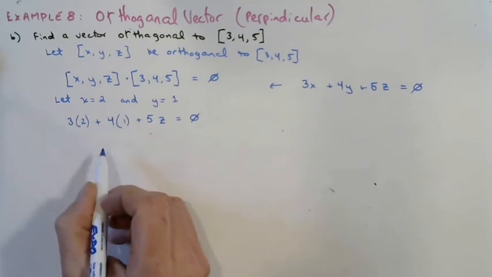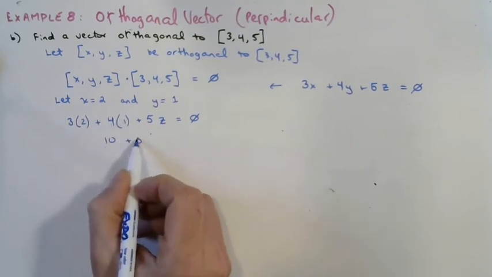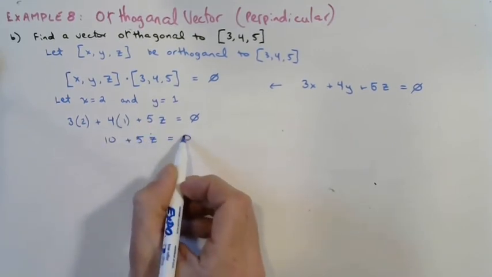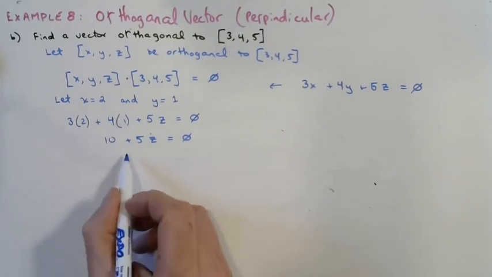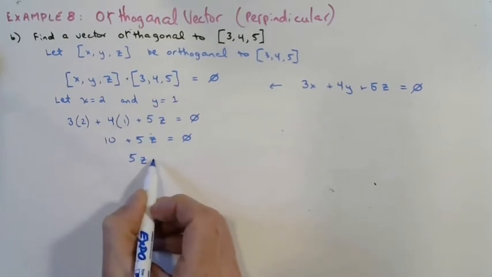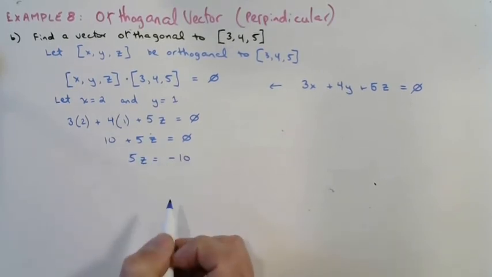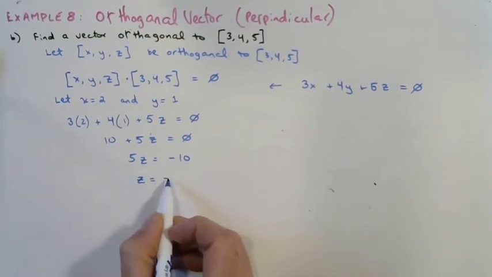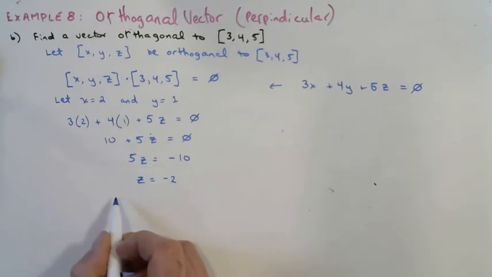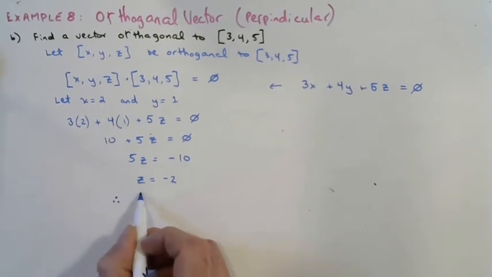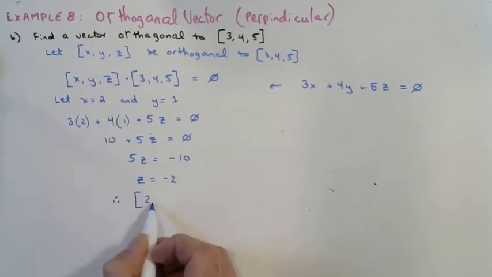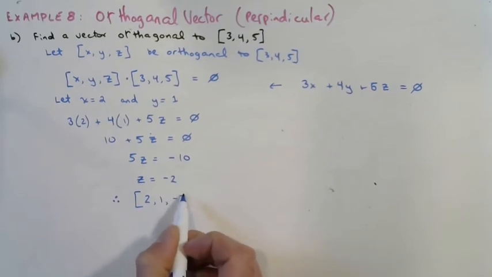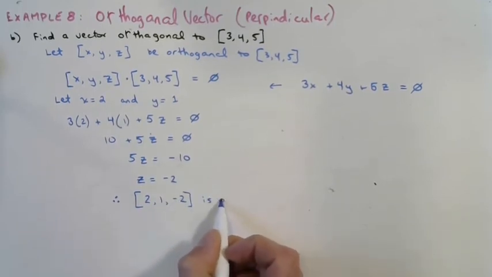6 plus 4 is 10, plus 5z equals 0. Subtract 10 from both sides. 5z equals negative 10. Divide both sides by 5. Z equals negative 2. Therefore, (2, 1, negative 2) is